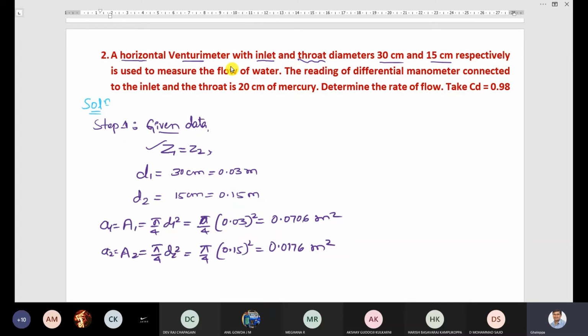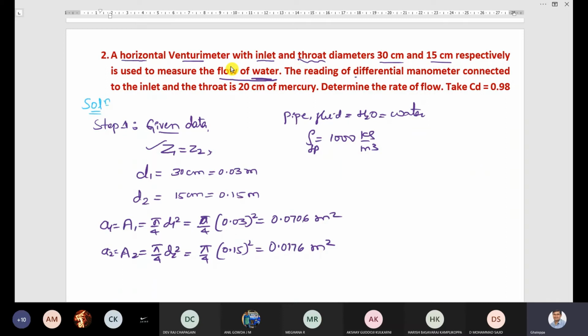We have written. Next, this venturimeter is used to measure the flow of water. So this data is important here. The pipe fluid is water. So the density of the water is 1000 kg per meter cube. I will write the density of the fluid in the pipe, meaning the fluid which is flowing in the pipe, as 1000. The notations are left to you. You can choose whatever notations you need, but be careful. You have to represent all notations clearly in the solution.